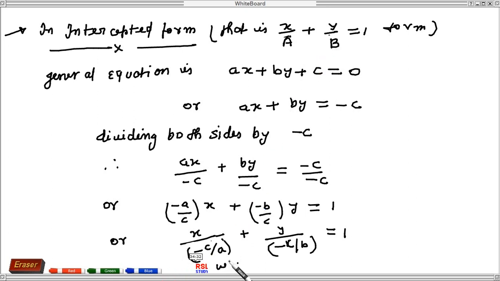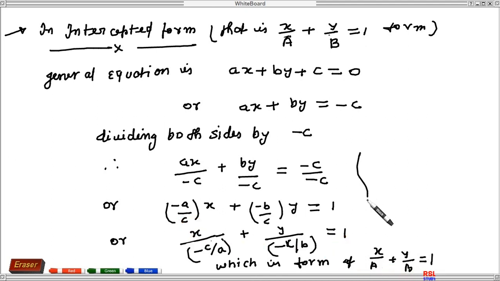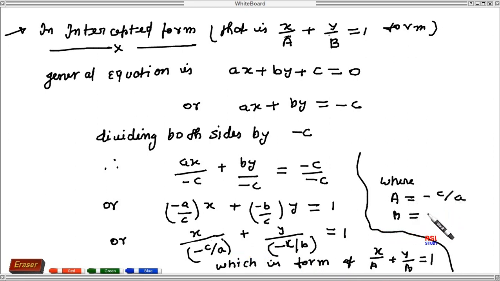So now we will make the comparison of this equation with this equation, which is of the form x by a plus y by b equal to 1. So upon comparing, we find A equal to minus c by a and B equal to minus c by b, that is capital A equal to